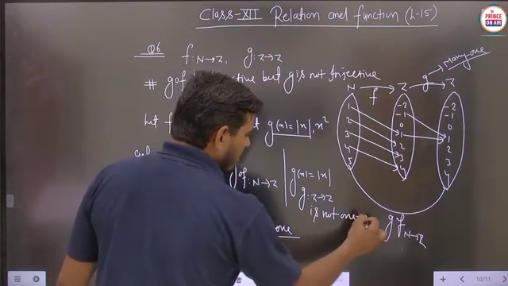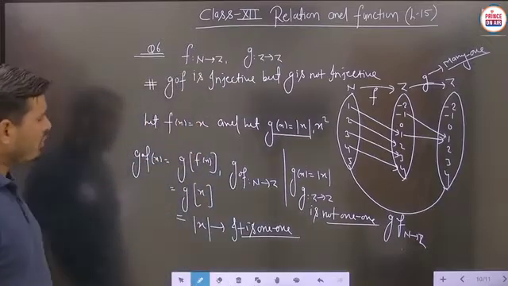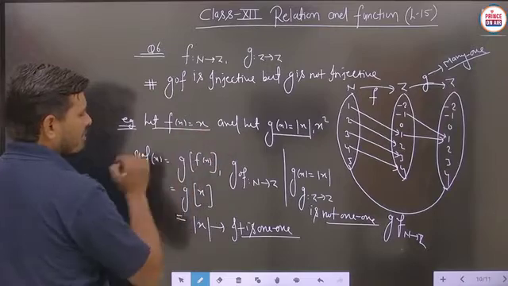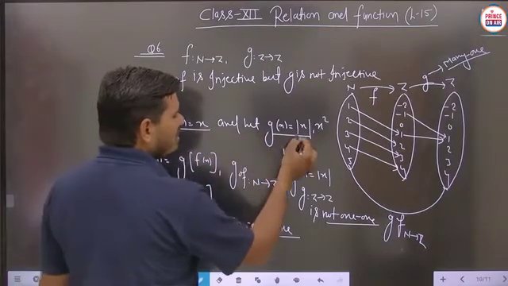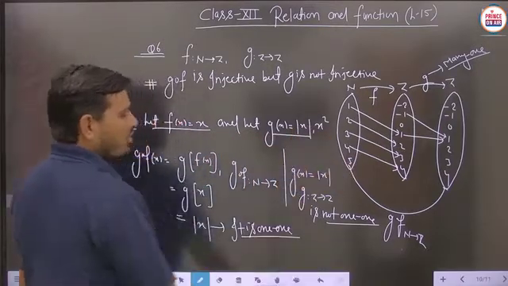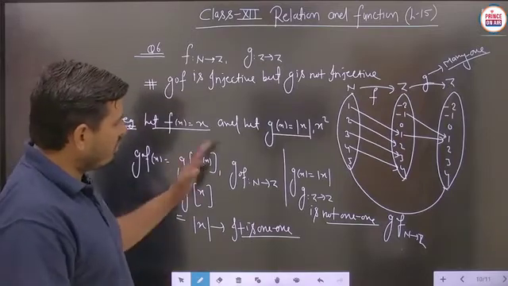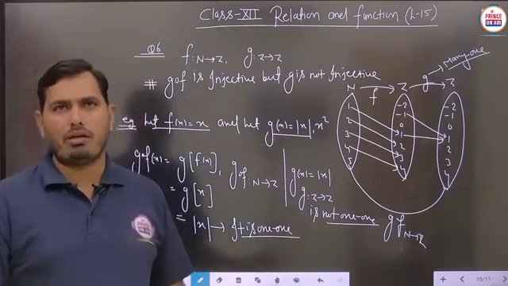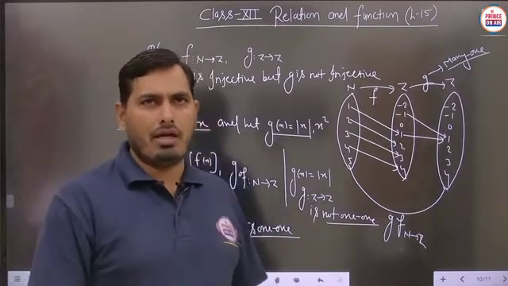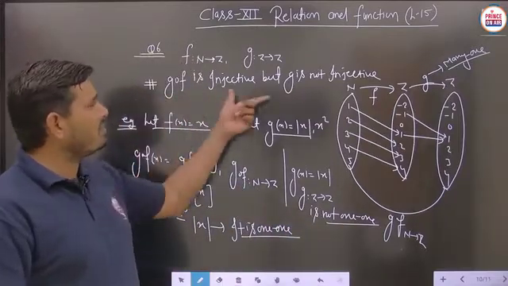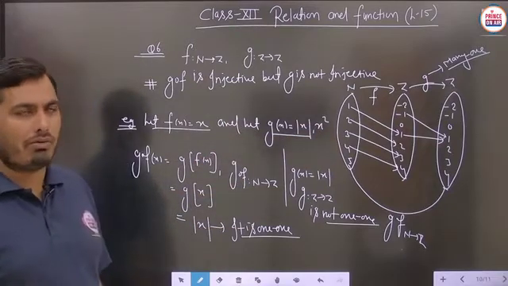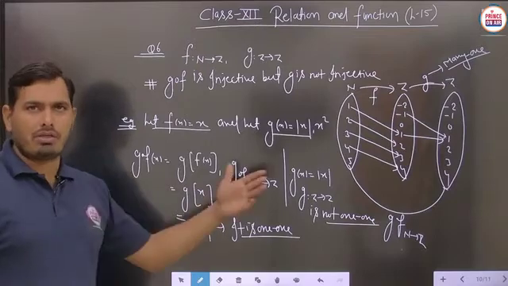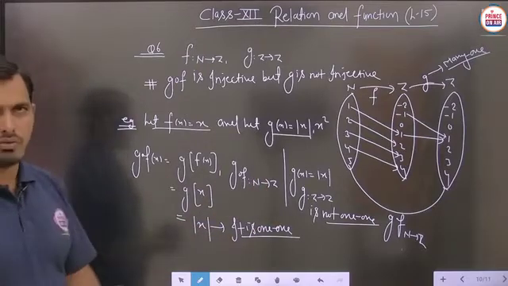So basically, student, easily you can give the example. This is the basic example where the function f(x) is x and the function g(x) is either modulus x or x square, no problem. So in this particular question, we just have to make this type of mapping, and according to that, handle the given situation. We are saying that g∘f is injective, but g is not injective. So this is the suitable example, student. You can just provide the example as per the given question. Is it to be clear?